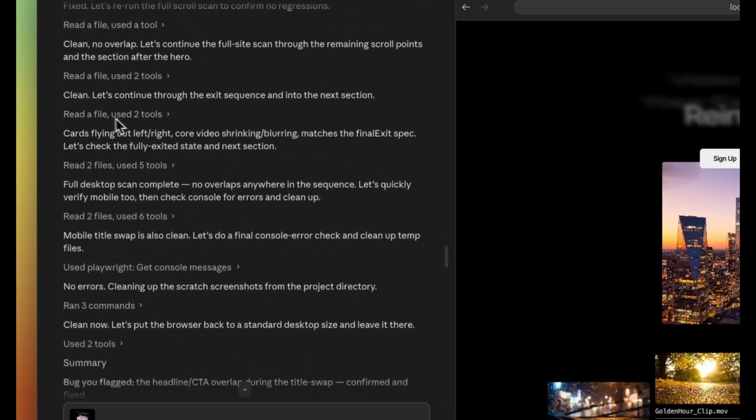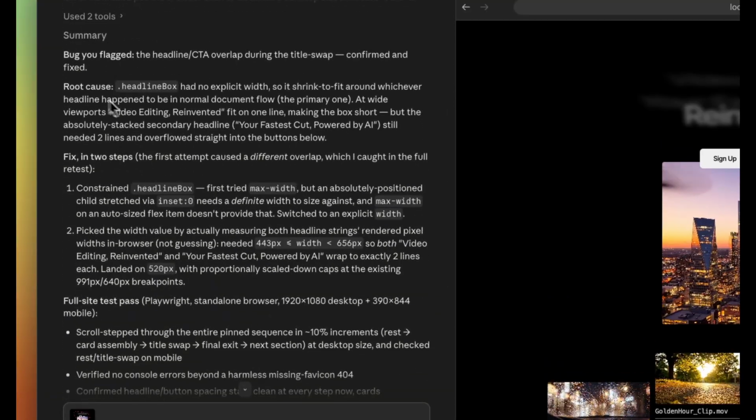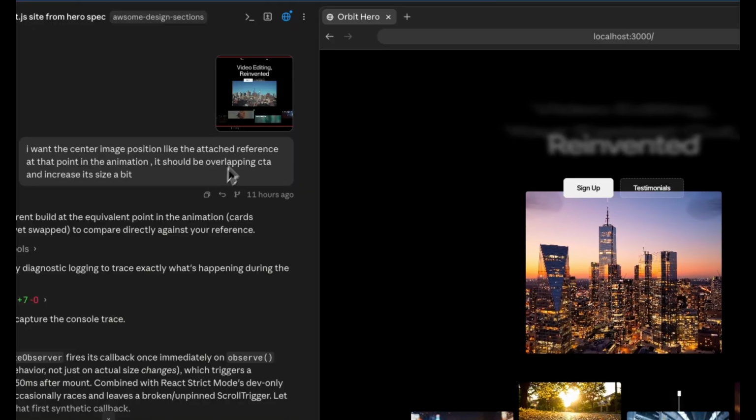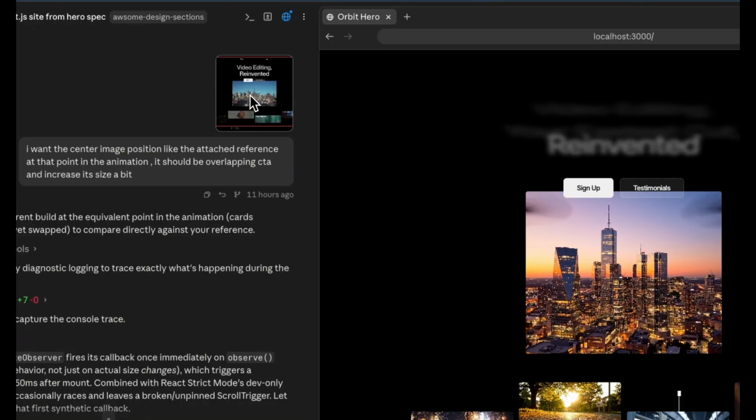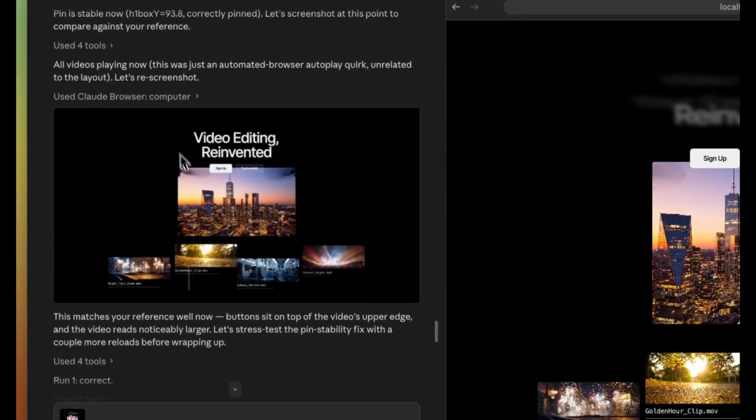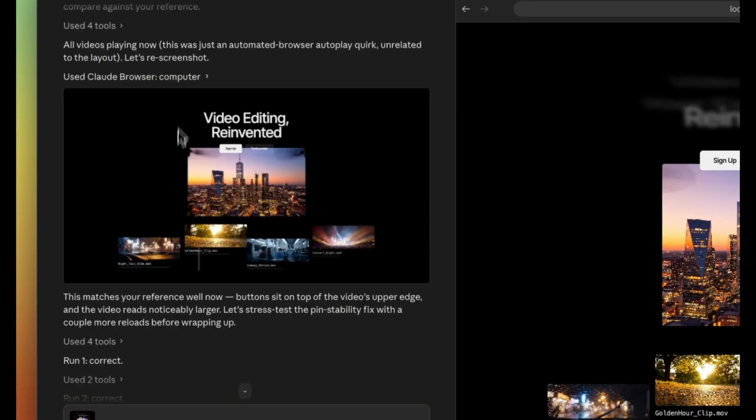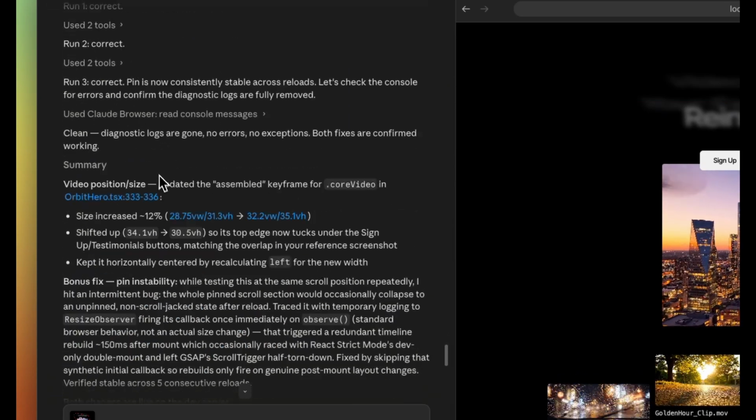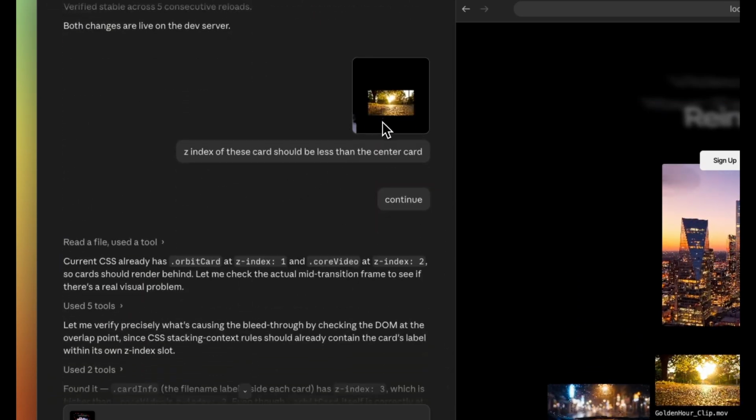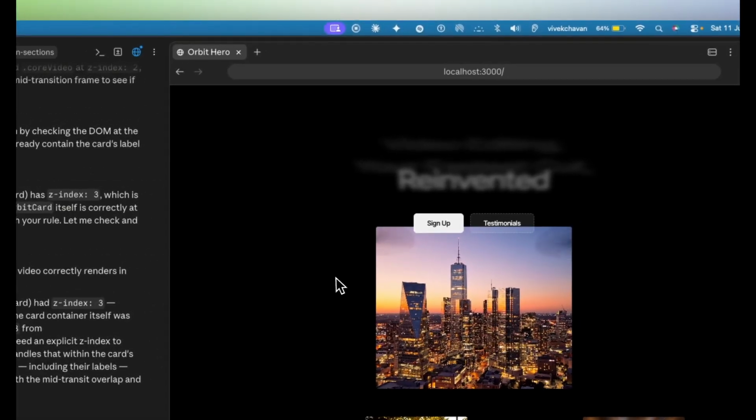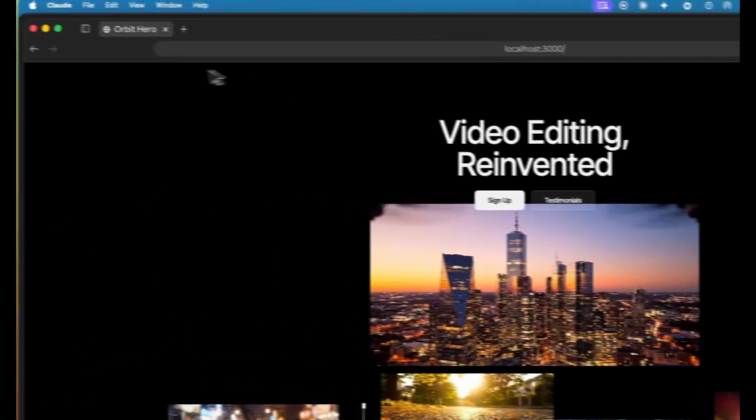After that, it took too much time to respond, but the bug was fixed. After that bug was fixed, there was one more issue: the center card image was not correct. I gave it one more prompt, and it got fixed. Then you can see the Claude browser, you can see the tool. Using computer use, it was taking screenshots and verifying its output. It was almost correct. Then there was one more follow-up prompt to fix the z-index of this card. That was also fixed, and that's how it is. And at the end, if you take a look at it, the output